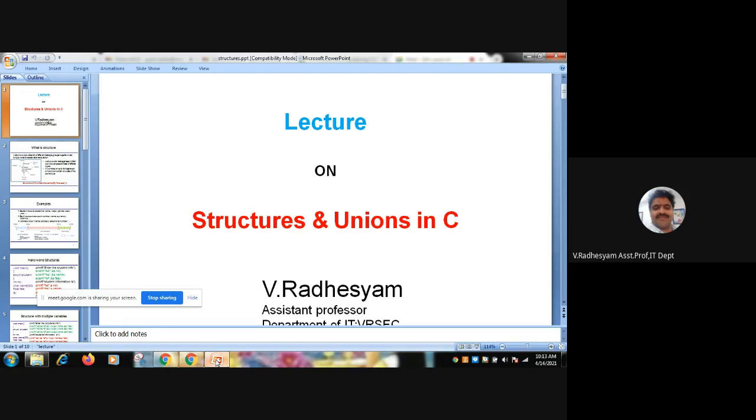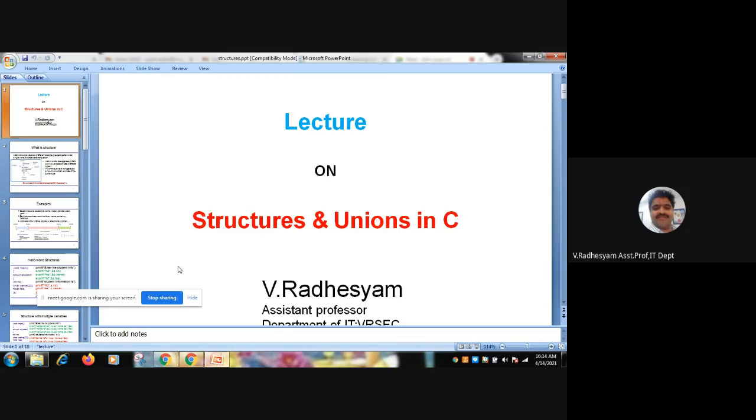Suppose you are considering representing the information related to a book. A book can have different items to be represented, like book number, book name, book cost.